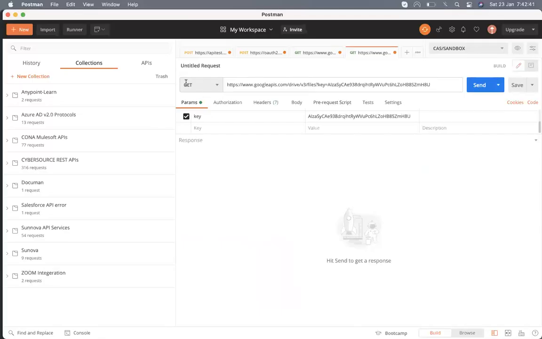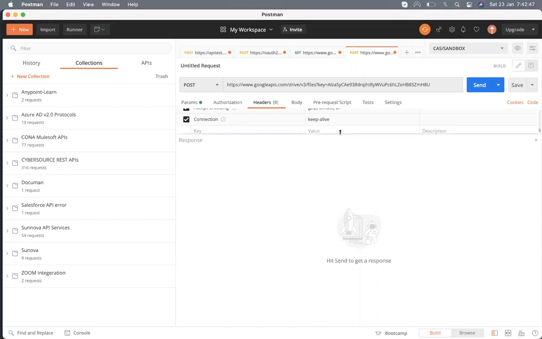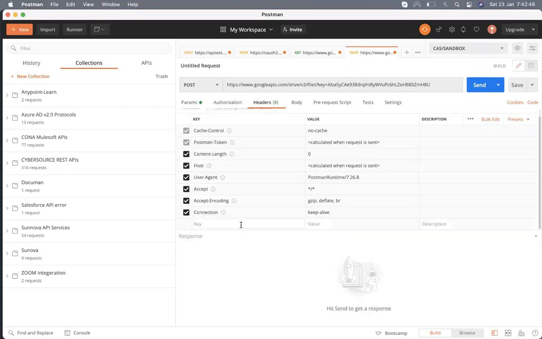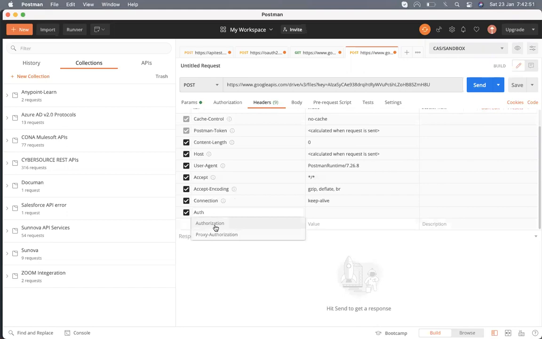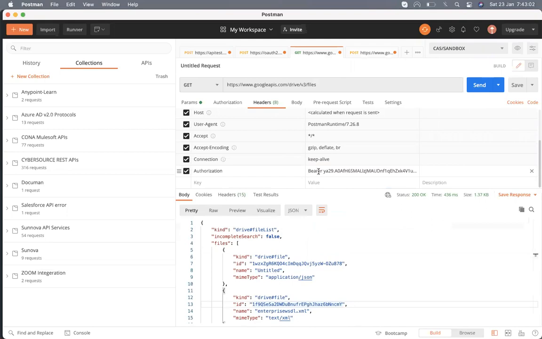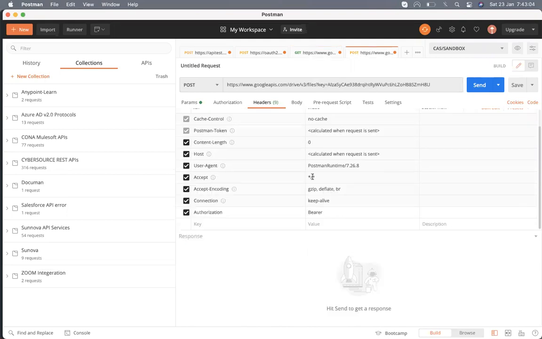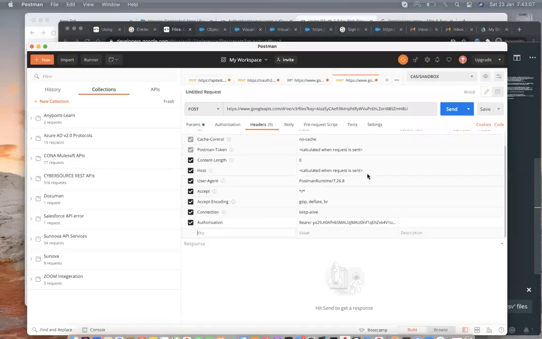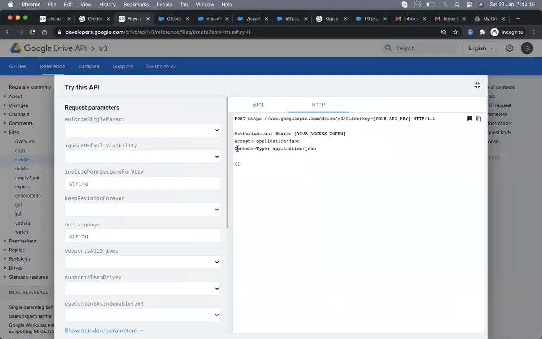I need to do POST, and then add the authorization header: authorization, bearer, and my access token. Yeah, it's here. Let's copy and paste it here. And then I need a content type, because it's mentioned that I need to use a content type.